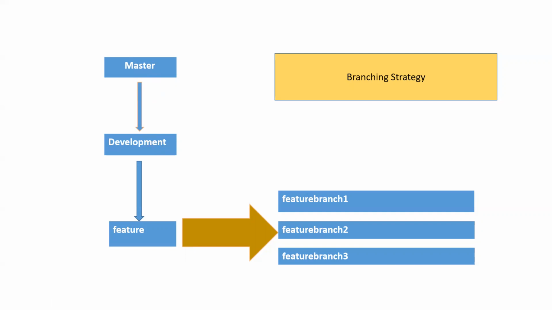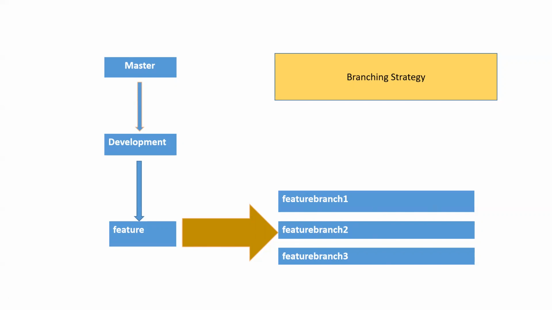The hierarchy of the branches: first it should be master. Under master we should have development, and under development we should have the feature branches: feature branch 1, feature branch 2, 3, and so on. Why should we use the feature branch? What is its purpose? We'll learn that practically in the real-time process. Why do we have all these things? I'll give an example.